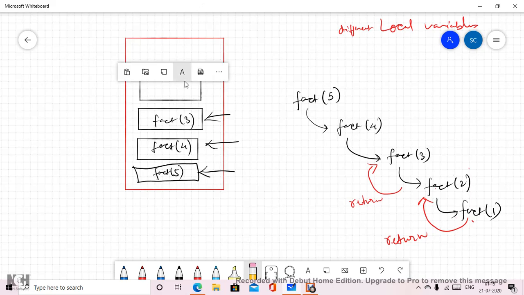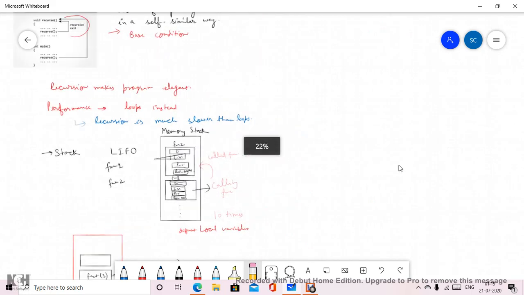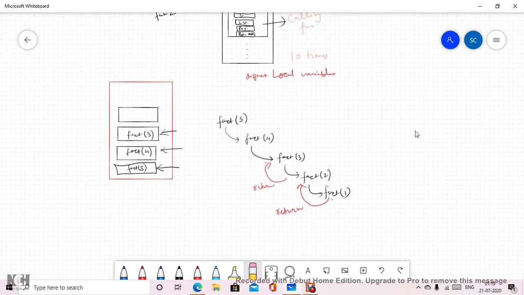Now coming back, my top is this. Later fact 3 is going to return to fact 4. The value will be returned to the function above, and memory is to be deallocated. Whenever I say deallocated, that means we are going to remove it from the stack. Okay, now my top of the stack is this.